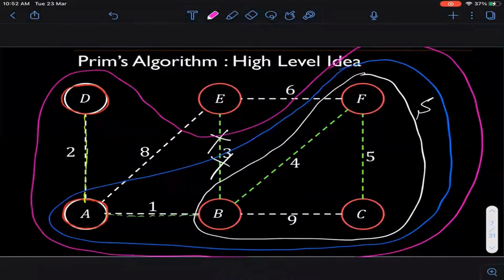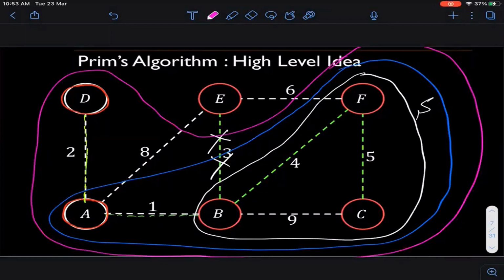So now again remember, I will just look at the edges that are crossing the purple barrier. The edges inside it I will not consider now. For example, when I try to find the minimum, I will not even consider the edge of cost 9, right? Why? Because that is completely included inside the purple region. The only edges that I will consider to add in my final step are the edges that are crossing my purple barrier. And what are those edges? One is of cost 8, one is of cost 3, and one is of cost 6. And now obviously I will choose the cost 3 one. Okay, so that's the last edge that is going to be selected.